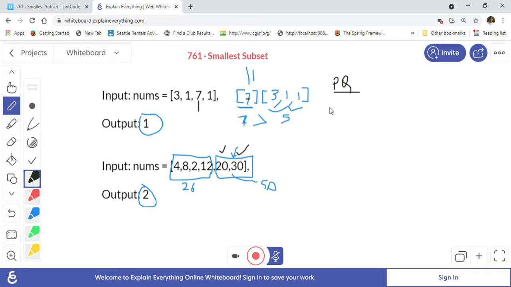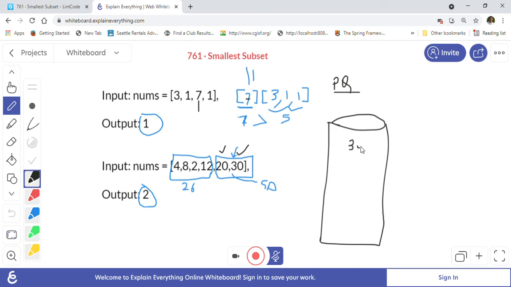Once we put all these elements in the priority queue, 30 will be on top, then 20, because we are sorting in reverse order, then 12, then 8, and then 4 and 2. So the highest element will be on top of the priority queue.